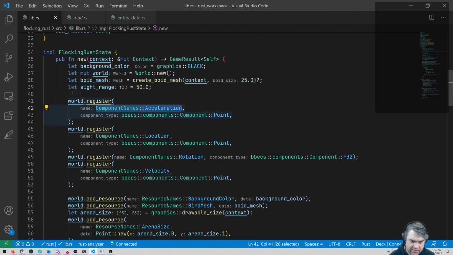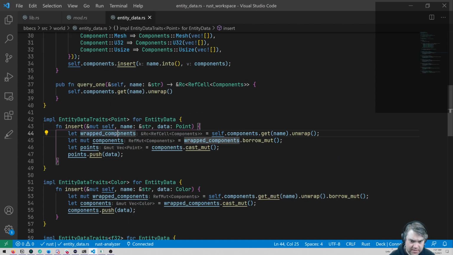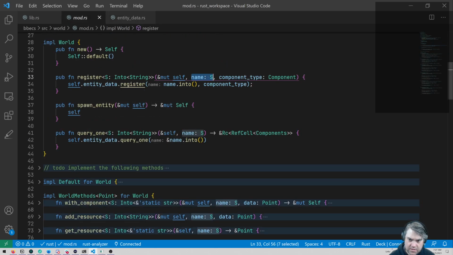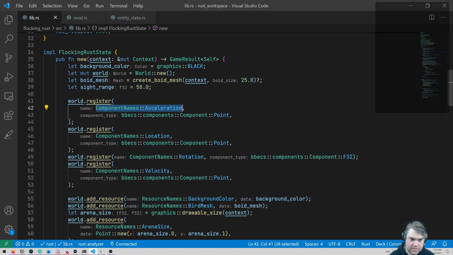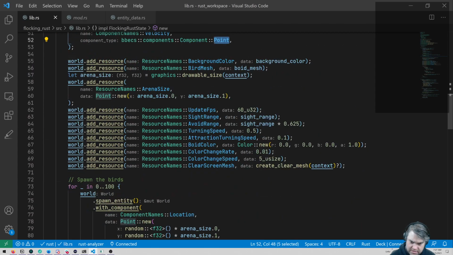We then have, okay, we pass in component type, which is this component. That's where I have the names of it. So, okay, it's gonna be a point, F32, and point.